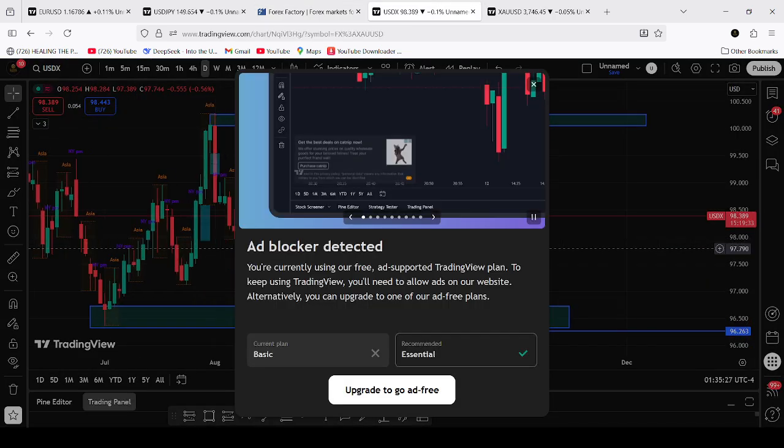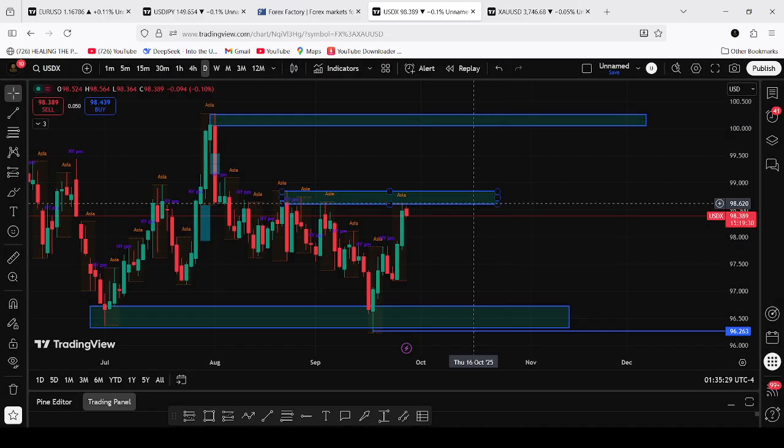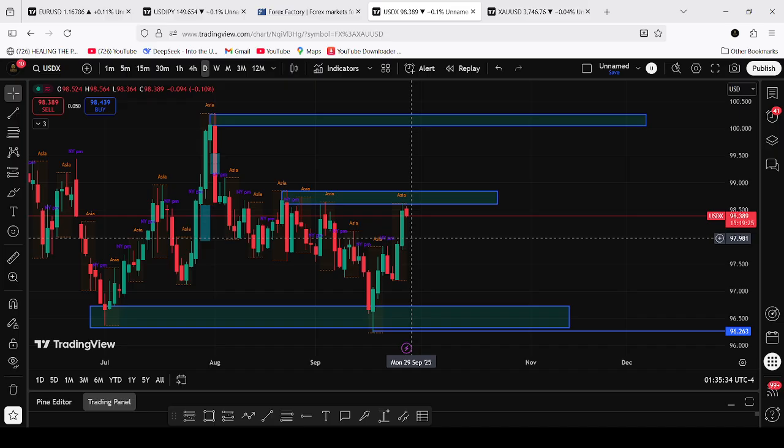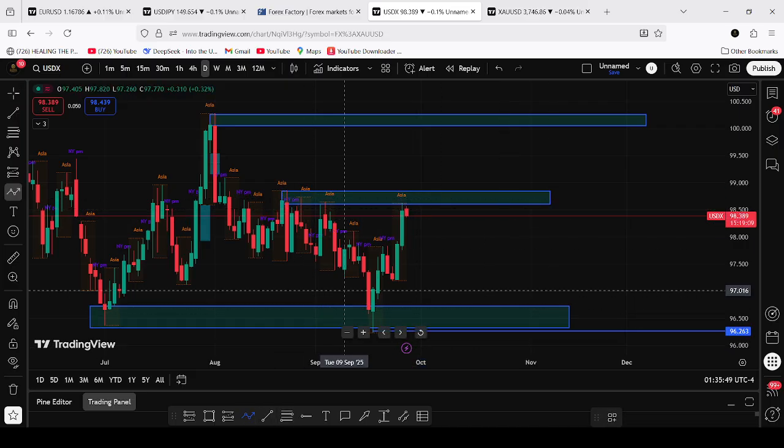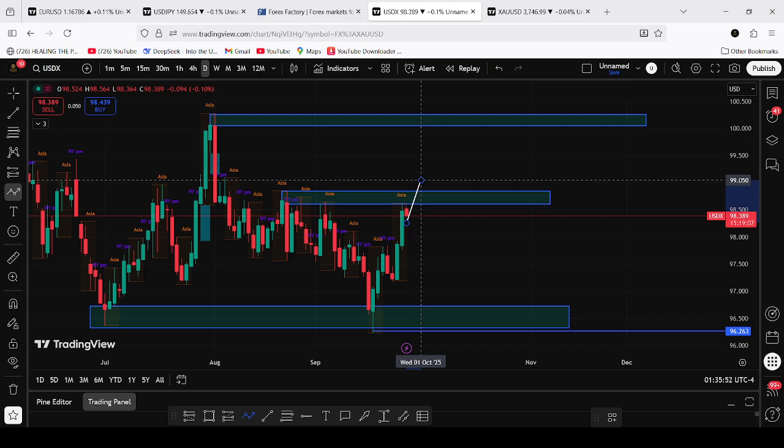So for the DXY, for the basket, the move has been on a bullish trajectory for the last 2 days. So we are looking for today: if the market breaks above this zone, the next point we shall be waiting for is just a retest and then a move on the upside. That means it will be on a bullish trajectory.